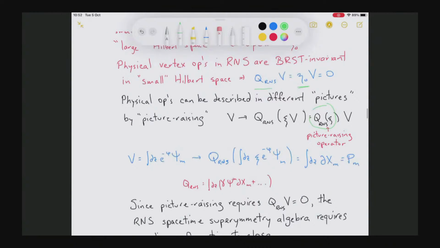So it turns out that this object here, which you get from the spacetime supersymmetry algebra, is related to the usual translation generator by picture changing. That means that you do this picture changing operation. Essentially, you multiply this by the Xi0 mode and take Q of it. And that's the picture raising operation, which takes this object into the translation generator.